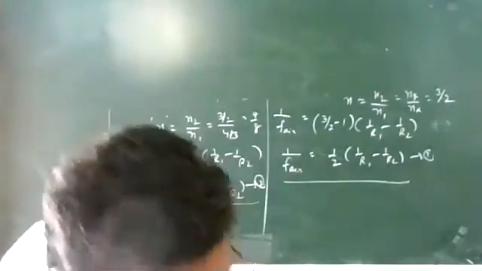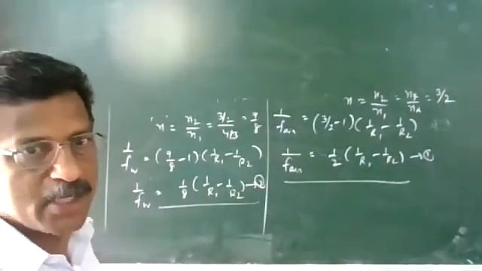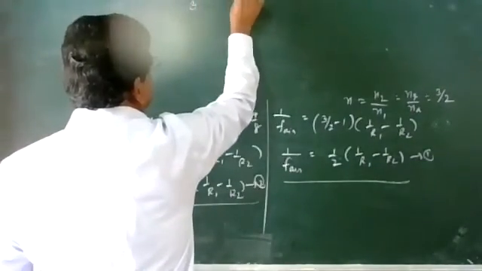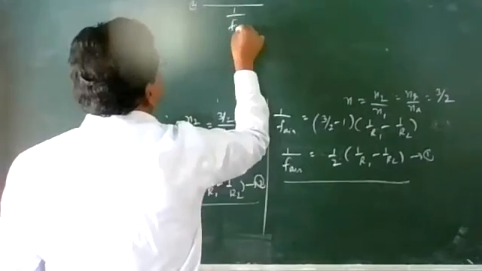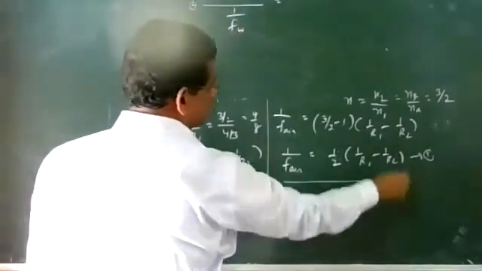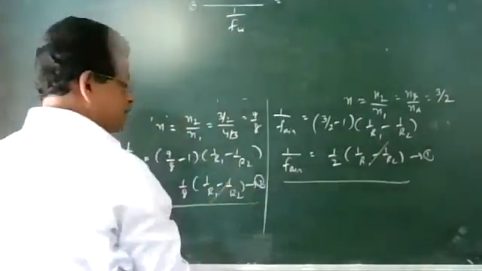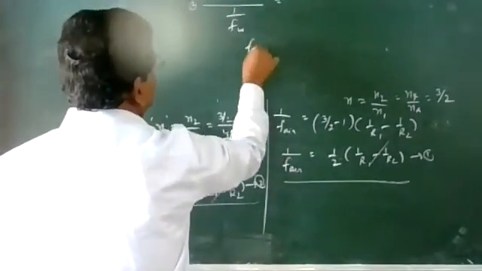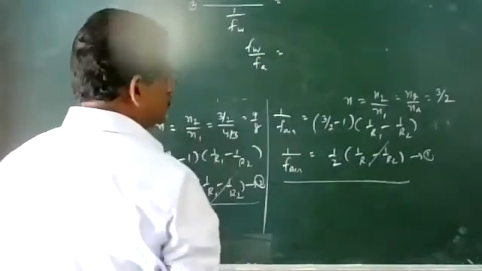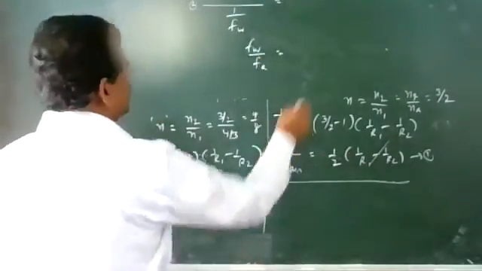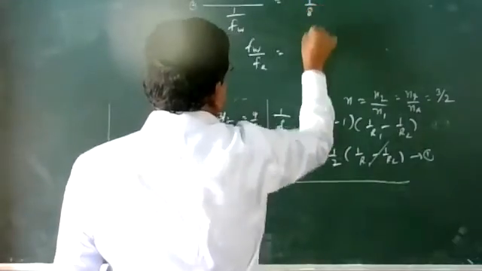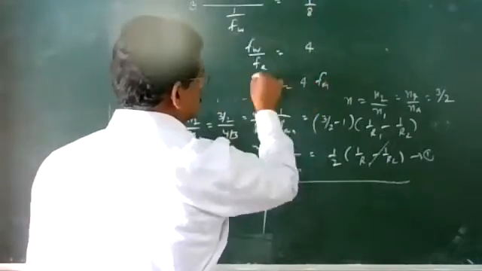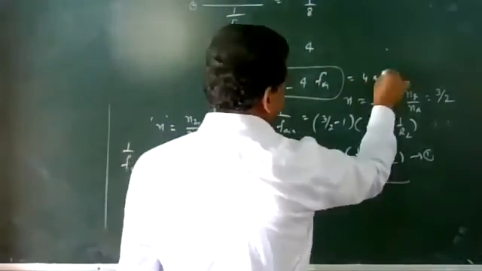So how to recognize n? That is very important. Other R1, R2 all remain same, there is no change. Equation 1 divided by 2, 1 upon f in water divided by 1 upon f in air, the common thing you can cancel. So (1 by R1 minus 1 by R2) is also common. So this will be equal to f in air divided by f in water, equal to half divided by 1 upon 8, that is equal to 4. So f in water equals 4 times f in air, which is equal to 4 into 15, 60 centimeters.